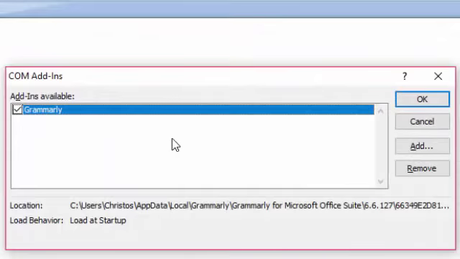Go. As you can see, Grammarly is here. Maybe it's not checked, that's why you're not seeing this. Check it, or add Grammarly. Click on this and you can add Grammarly here, so you can use it.